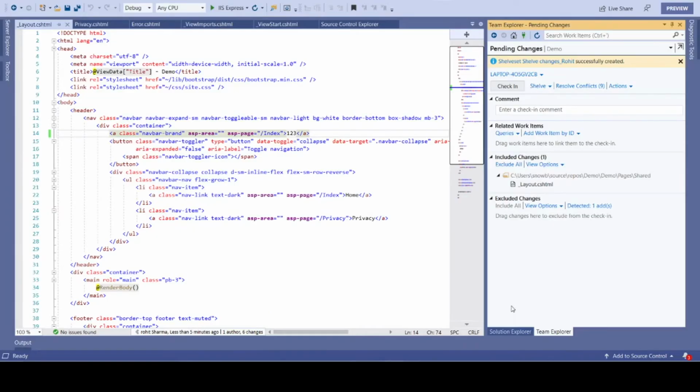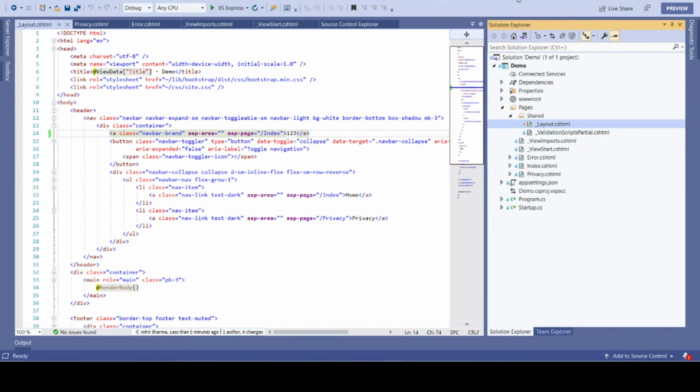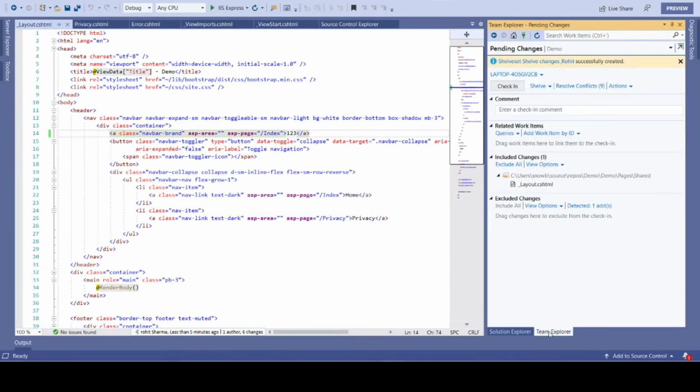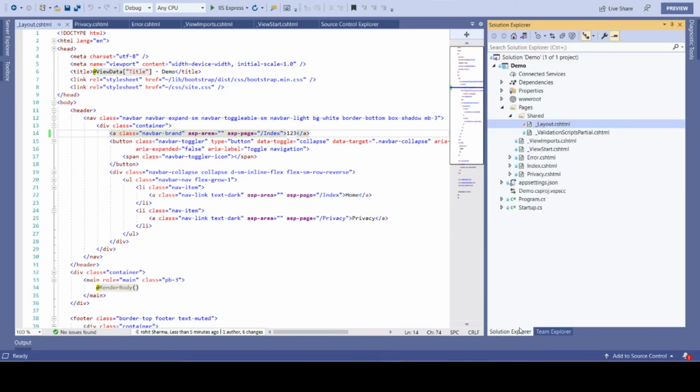Okay, so coming back to Visual Studio, let me go to the Team Explorer. Next, what we will look into is history. I have done a lot of changes, and later on I realized I want to know what changes my previous developer, or the code before this release, had, and how I can do that.